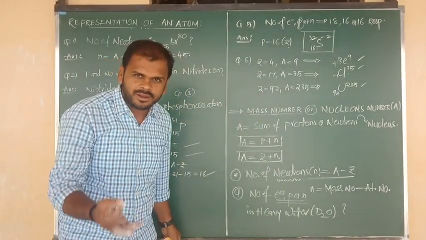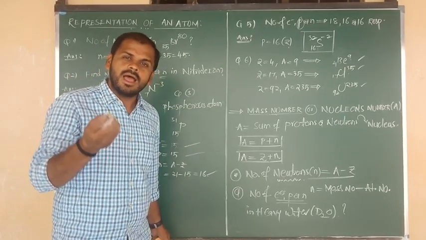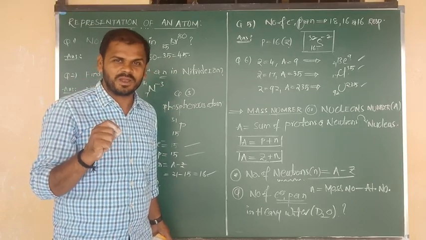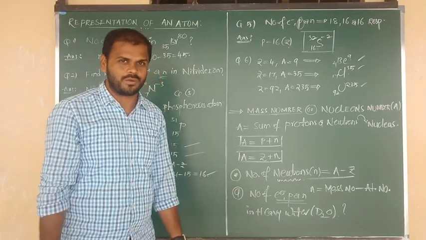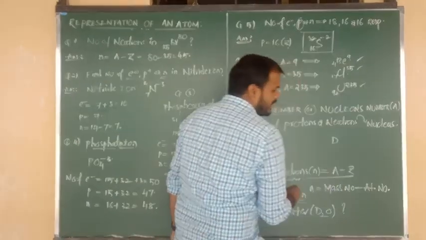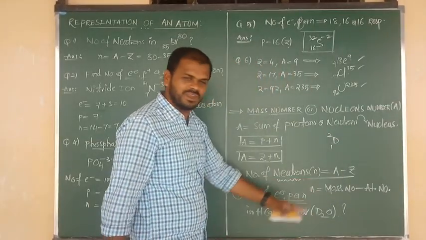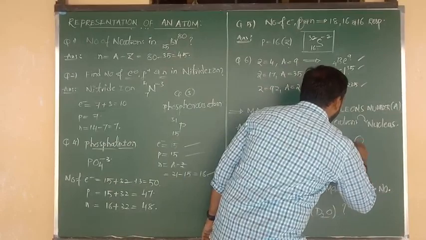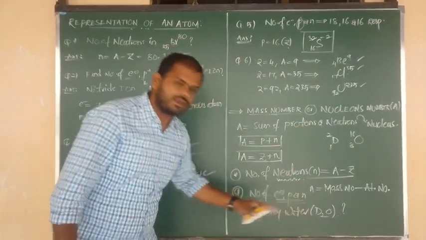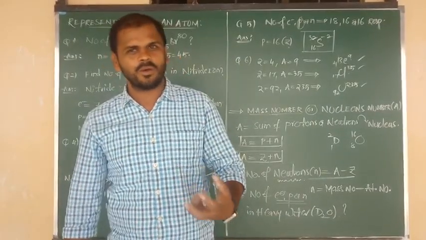So this answer you have to calculate yourself. If you are not going to get the answer, you can ask me through the WhatsApp number. And if you got the answer, send me the answer through the WhatsApp number. Okay, all of you. So try to check yourself. And one hint I am going to give you here. What is meant by D? D is for deuterium. Its atomic number is 1 and its mass number is 2. And oxygen, you know that. Oxygen atomic number is 8, mass number is 16. By using such data, for the given question, try to calculate the electrons, protons and neutrons.